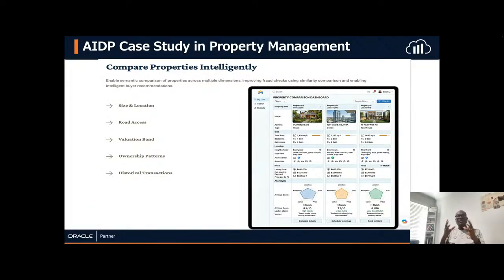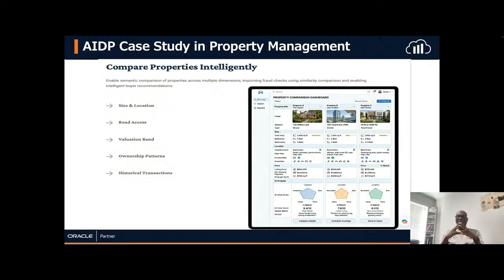One of the key things here that I mentioned, this is a use case that I just want to emphasize. With this solution, you can also have what is called a property comparison dashboard. You can compare your property, see the value of your property, the size, the location, a map layer. You can also see if it matches, you can say, oh, this is a family home where we can live. On this dashboard, you can see several kinds of houses, whether it's a townhouse or a condo. You can also have cross-functional analysis.